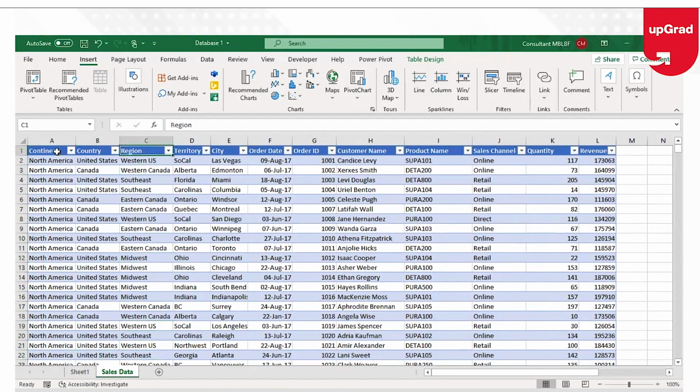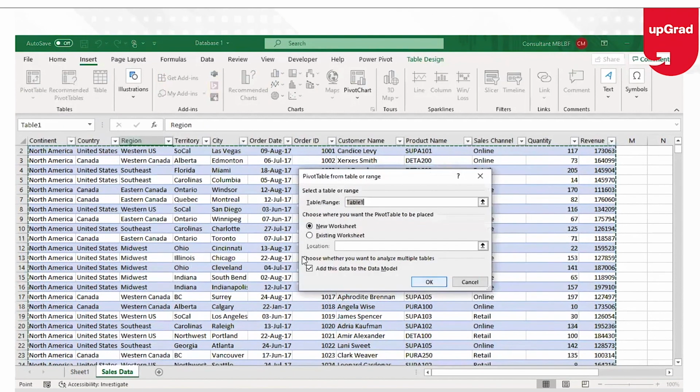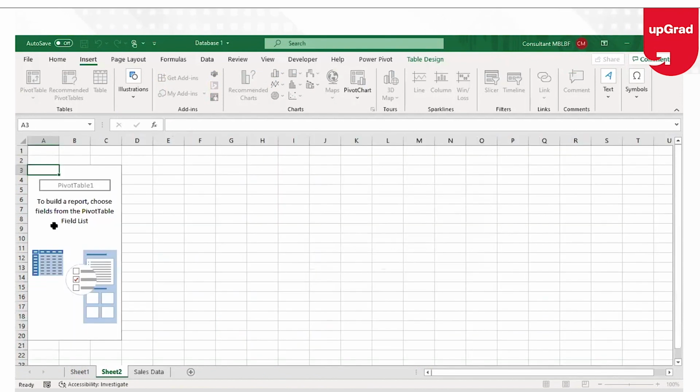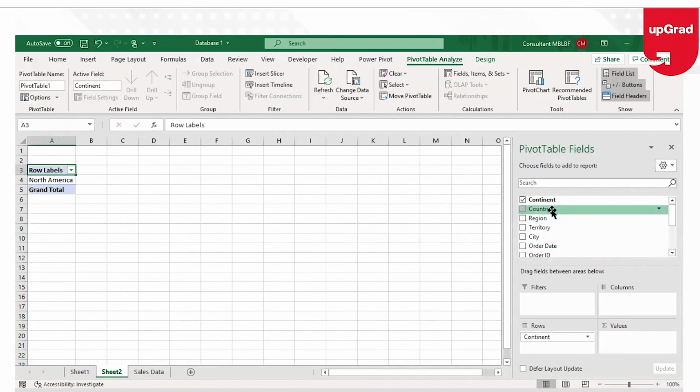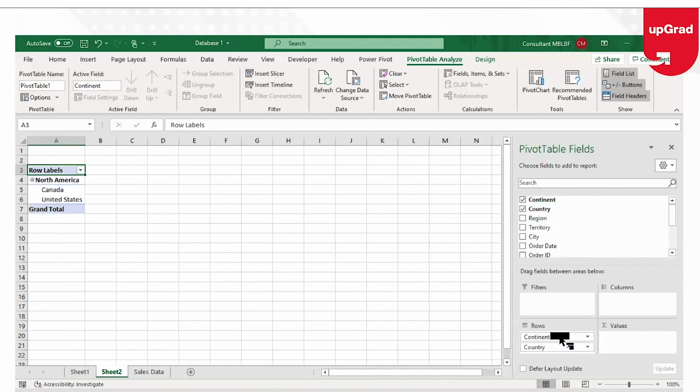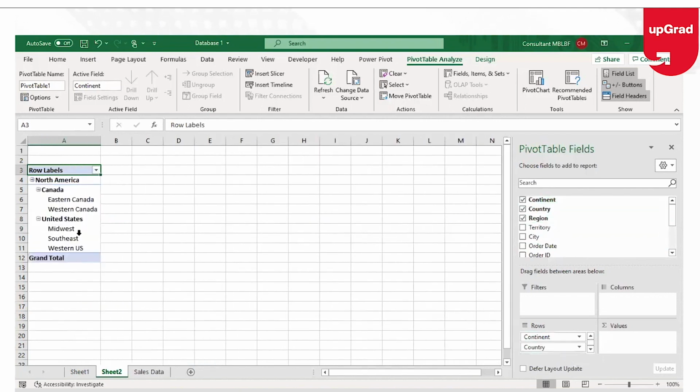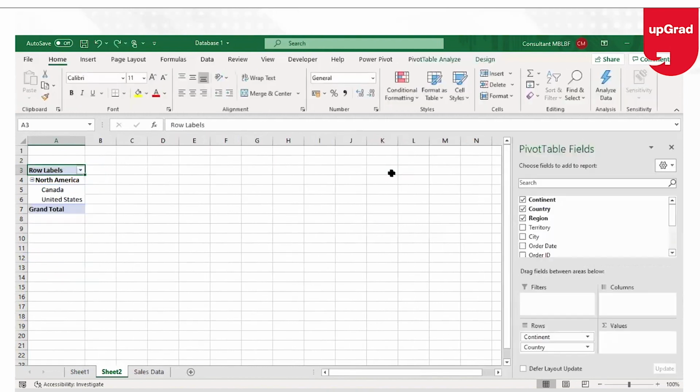This can be easily shown using the pivot table, but let's see what happens. I'm going to create a simple pivot table without a data model. And here I can see that a simple pivot table is created. I can always carry the continent, put the country just below that, region below that, and so on and so forth, and I can get the result that I want. However, I have to keep doing that, which is a lengthy process.